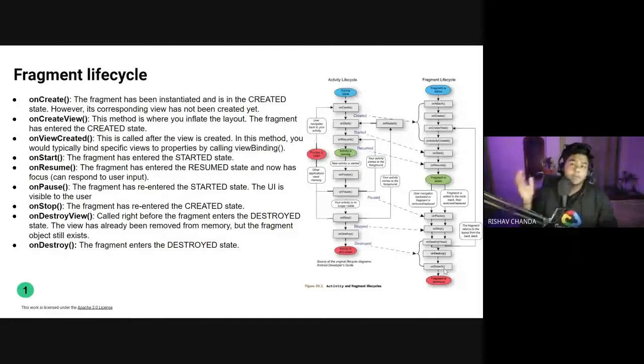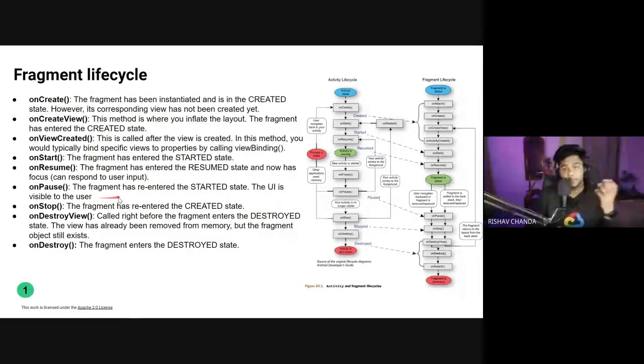If you are swiping through the bottom navigation bar from one tab to another, taking the example of WhatsApp, like changing from chats to status, in that case on detach works, and the whole fragment actually gets replaced. So that is the basic life cycle of a fragment and how the fragment works.